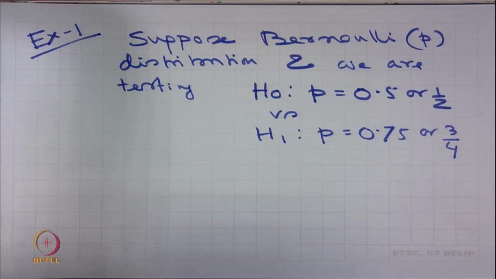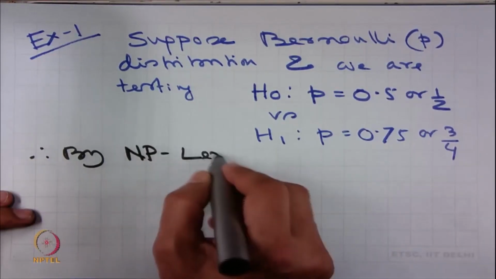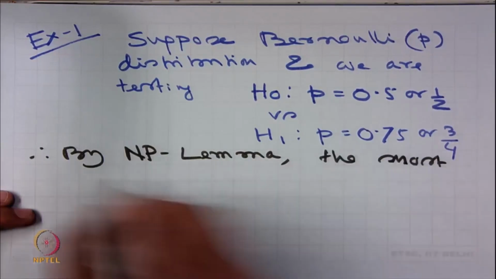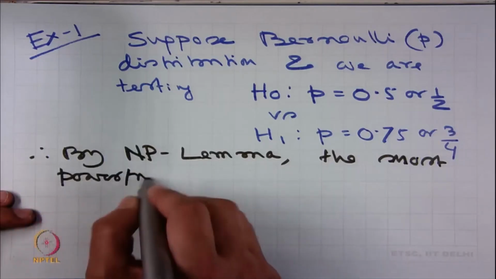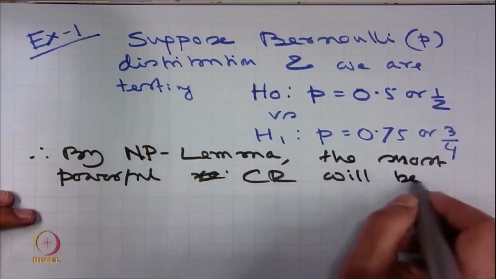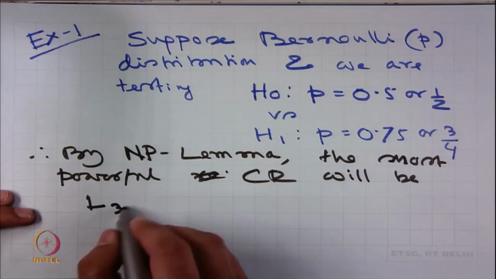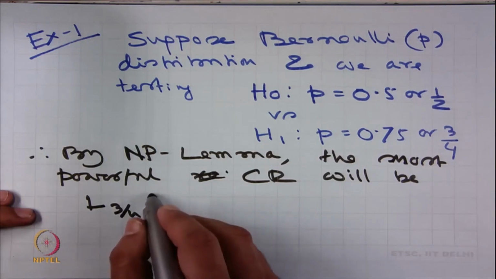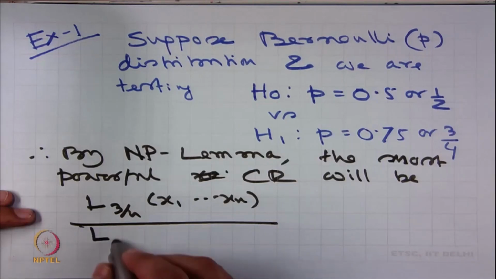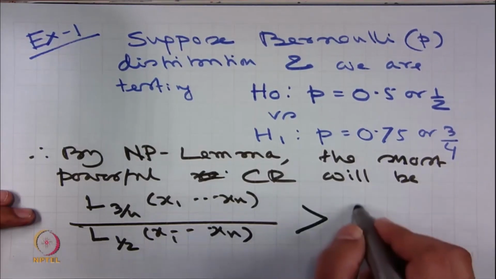Therefore, by the Neyman-Pearson lemma, the most powerful critical region will be L 3/4 of x1, x2, ..., xn upon L half of x1, x2, ..., xn is greater than k,